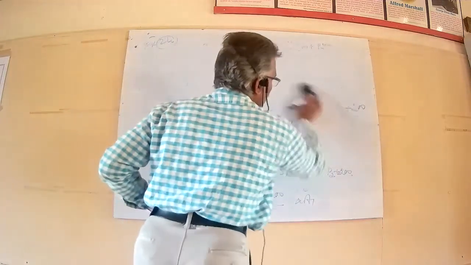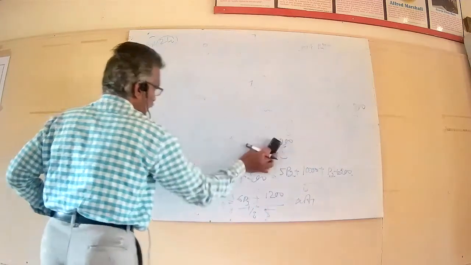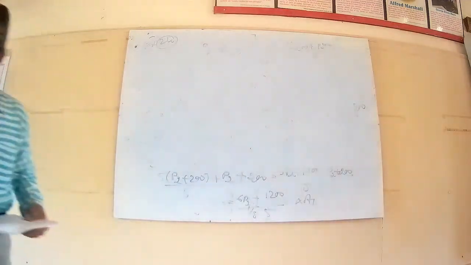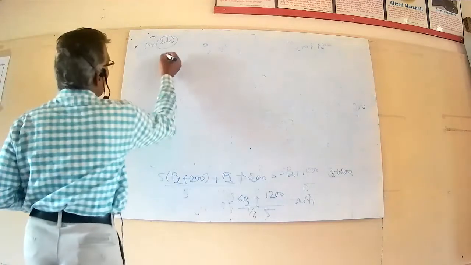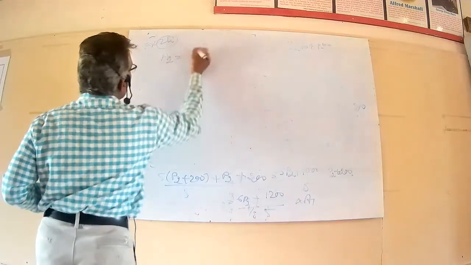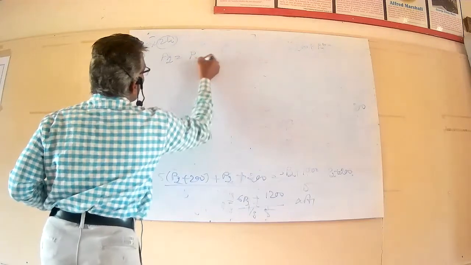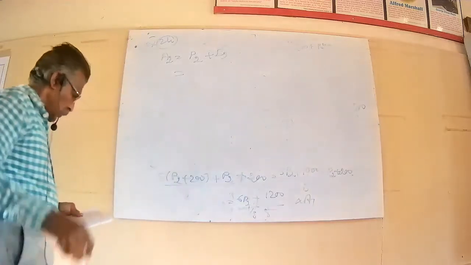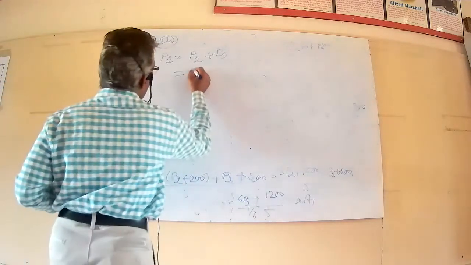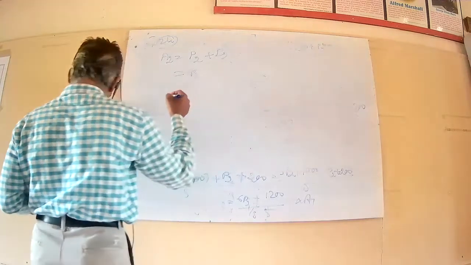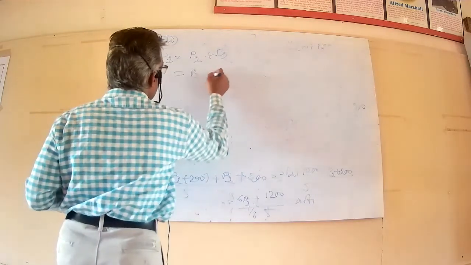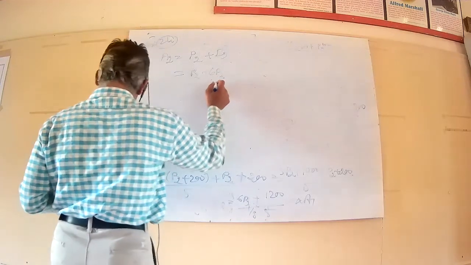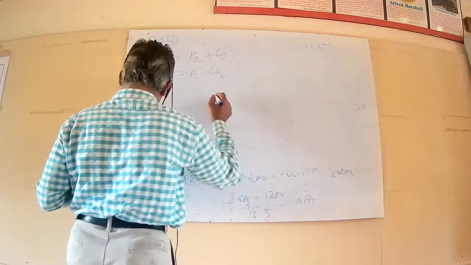First, P1 and P2 are given, and P1 plus double P2 equal to 200 is given. Hence you have to find out P1 and P2. Now what is A2? A2 equal to P plus I, so P2 plus I2, that is equal to P2 plus P2 plus 6 P2 divided by 25.